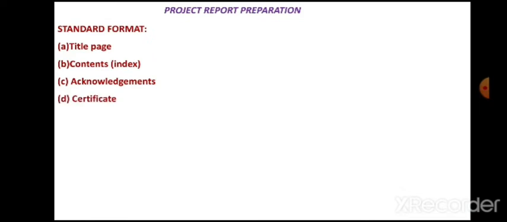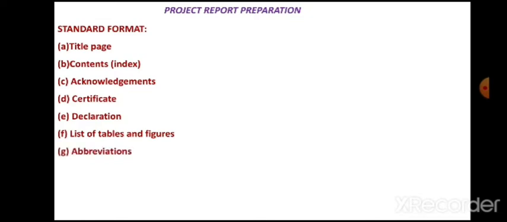Then it will be followed by the certificate. I'll tell you the format for all these components. Then there will be the declaration, the list of tables and figures, abbreviations, short forms and full forms. Then there will be a page of abstract.